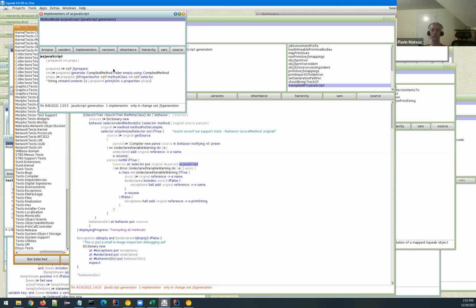The first thing we do, we prepare it. In reality, we cannot just traverse the existing method node and spill out JavaScript as is. JavaScript has differences. In Smalltalk, everything is an expression. The Boolean constructs, ifTrue, ifFalse, and so on, are expressions, and there are semantic differences that don't match, because in JavaScript they are not. So we have to transform the methods before we can just replace the syntax with JavaScript. This is what the method jsPrepare does. And of course, after we prepare it, then we